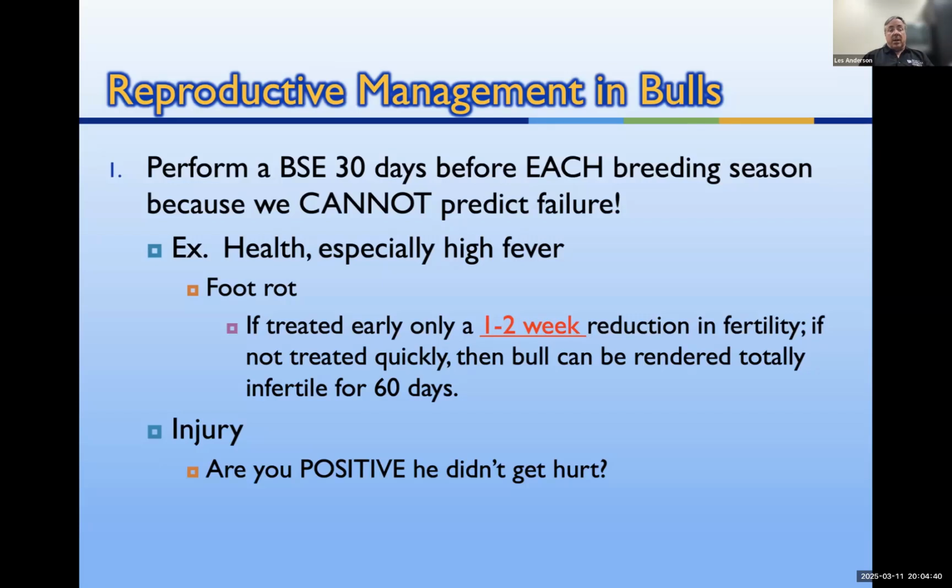Quite a bit of research has been done on foot rot. If you catch it early, there's only a 1 to 2 week reduction in fertility. But if the bull is allowed to be infected, because it's a bacterial infection in the hoof, that ultimately results in fever in the bull. If that bull is allowed to have that fever for 2 straight days, it can render that bull totally infertile